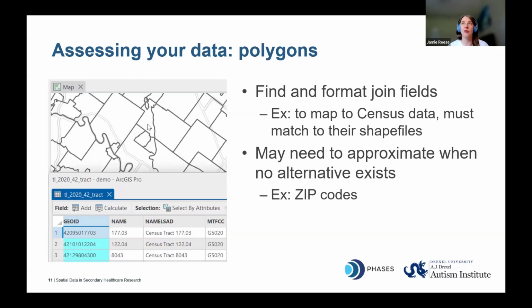One example that I'm working on right now is that the most granular level of information in the Medicare and Medicaid claims data that we look at is the zip code level. There are no actual zip code boundaries like you might think. Zip codes are actually assigned by the Postal Service and reassigned on a continual basis. It's a tool used for delivery efficiency. So there's a couple of ways that we can deal with this.